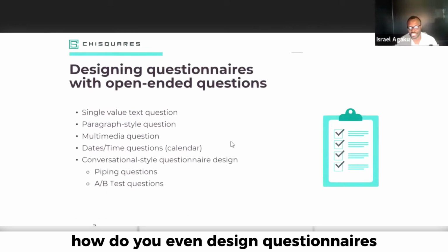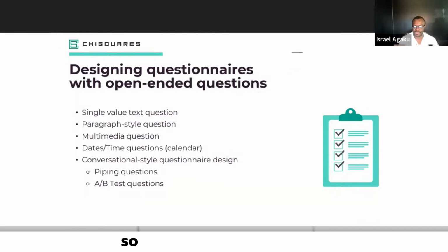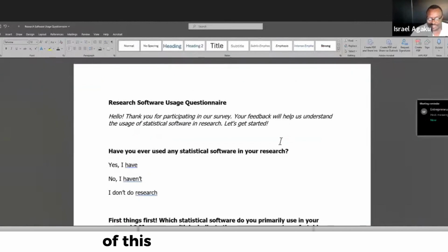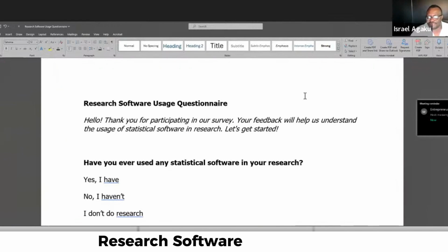How do you even design questionnaires with open-ended questions? So let's look at that briefly to see how this works. I created a survey here to give you an example of this. We're going to call this the Research Software Usage Survey. So I'm going to go through the questions that I created, and then we're going to see how we can